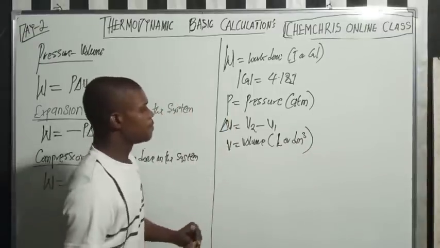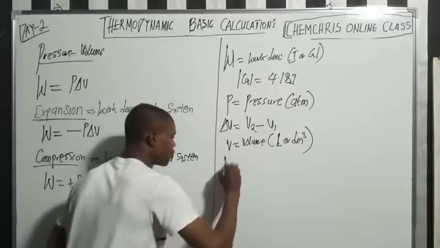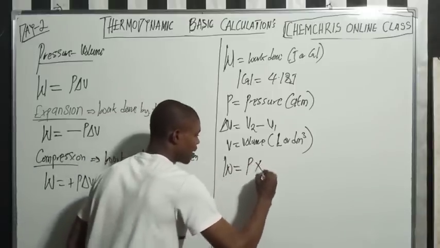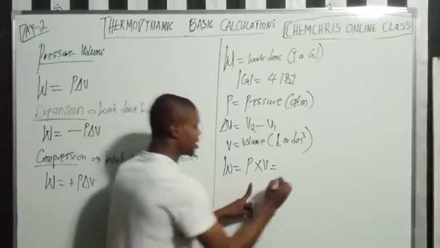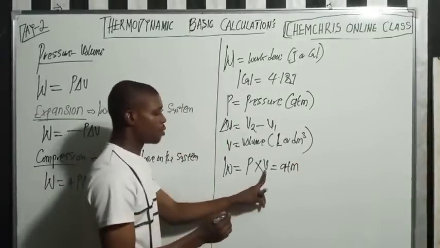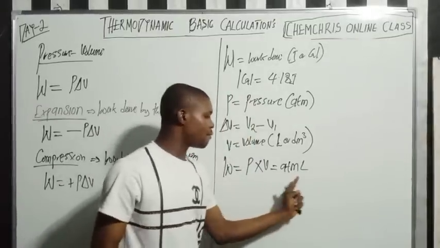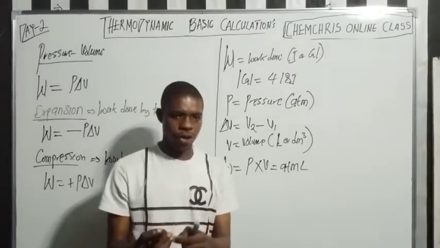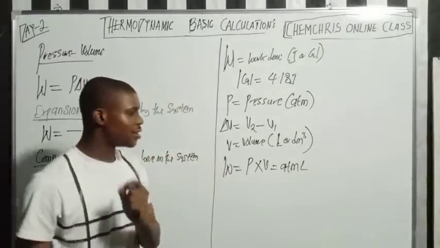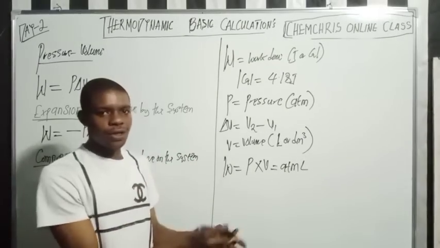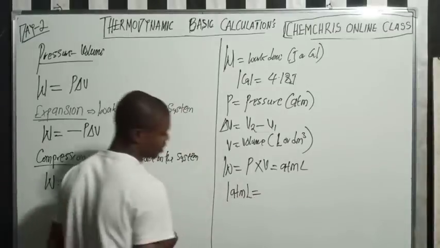Now there is one conversion after you use it here. For example, if you are using W equals pressure times volume, the unit of pressure is atm, right? And the unit of volume is liter. Now in your calculation you always get atm liter, but the unit of work is not atm liter. So you always convert atm liter to joules, and there is a conversion factor you can use. So here we have 1 atm liter is equal to